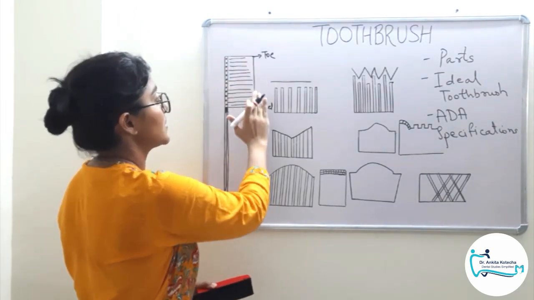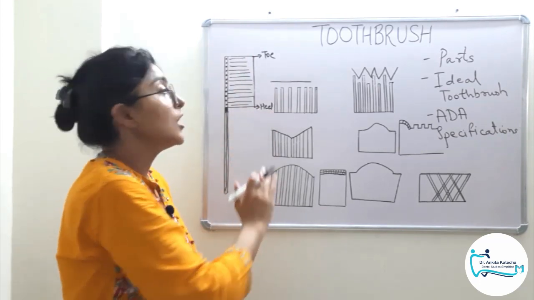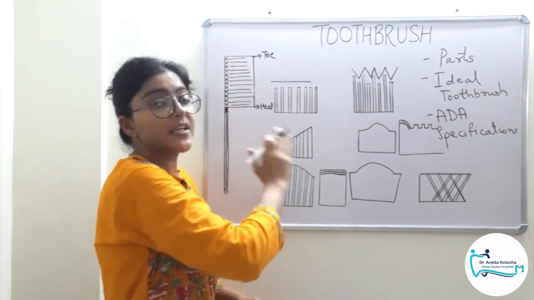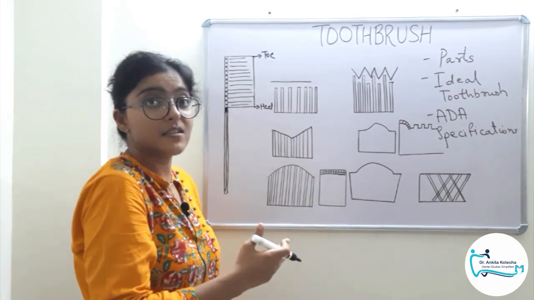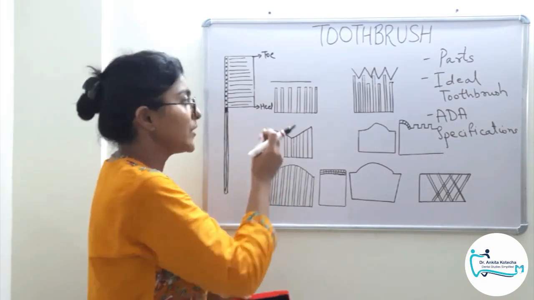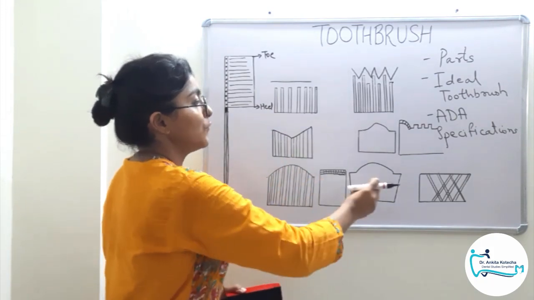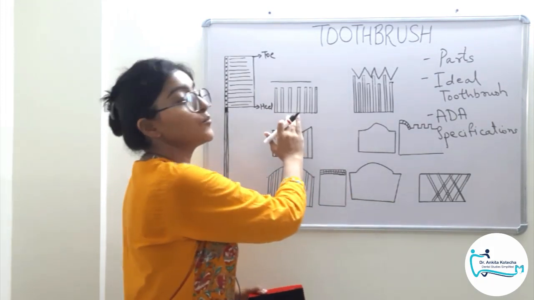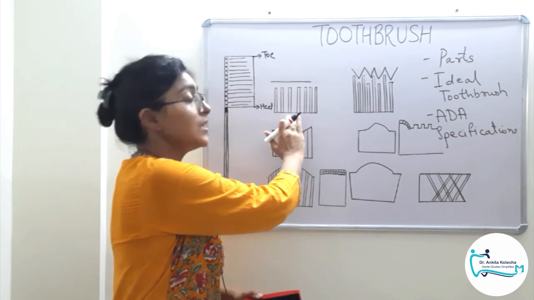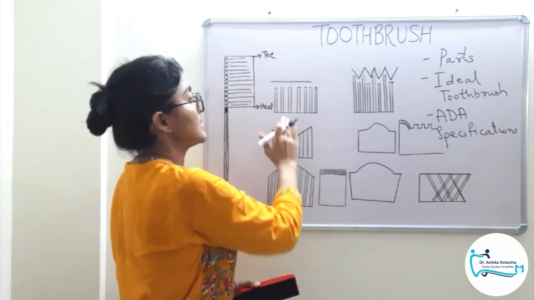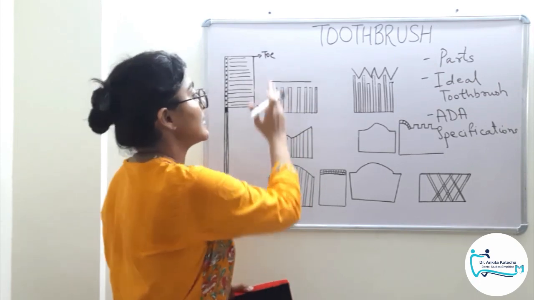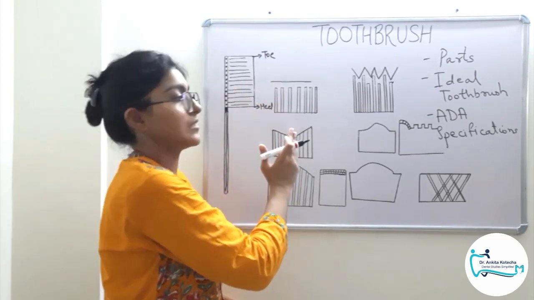Under head we have bristle plane with a toe and heel. Talking about the bristle plane, there are variations in bristle plane based on the dimensions or the pattern of arrangement of bristles. To name a few, I will explain few of these. Okay, the first is the most common form of bristle plane that we come across, that is flat. All the bristles are of same length and in the same orientation, that is vertical.